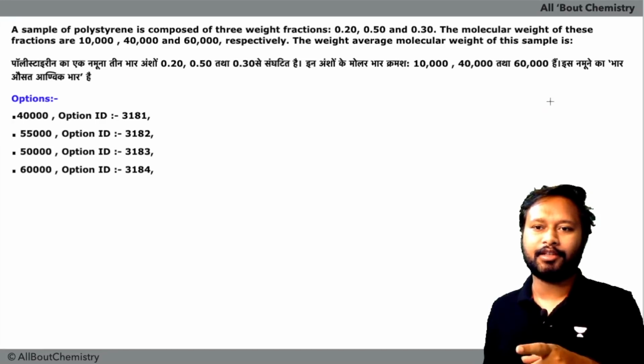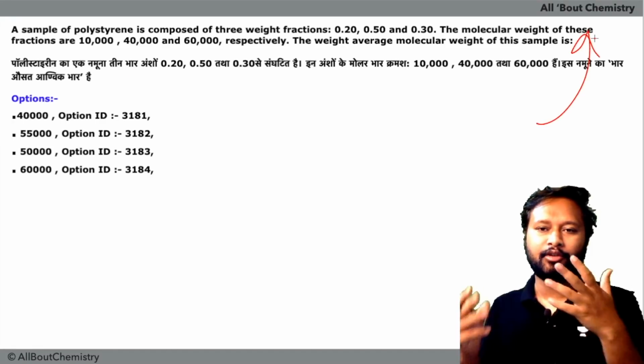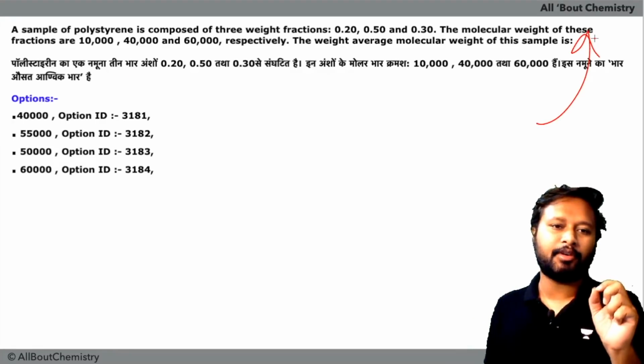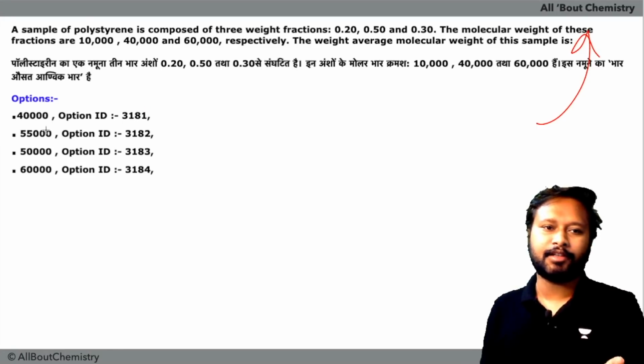The link is there in the I button. You can click on the I button and you can watch that video. It's a very small video, but I have explained how the answer is coming 40,000. It's not at all incorrect in the answer key. It's actually a correct answer. So don't challenge this question.